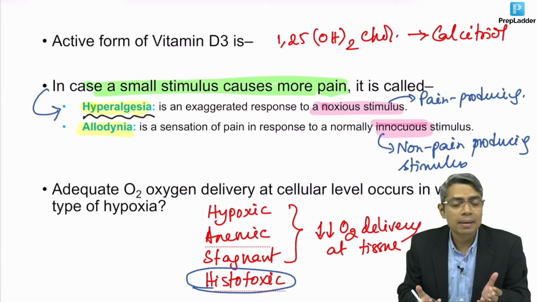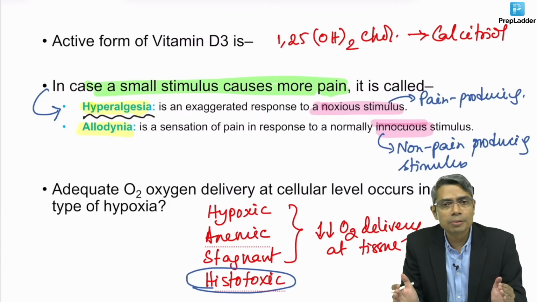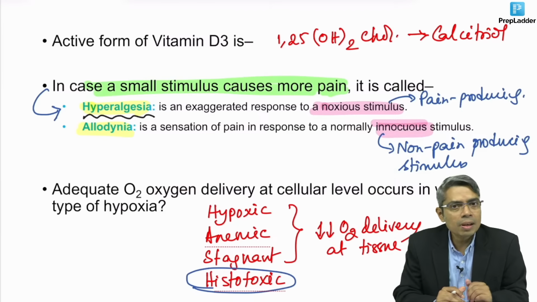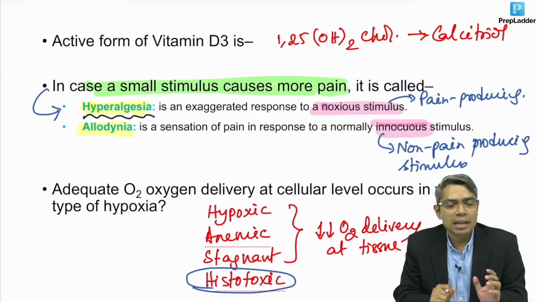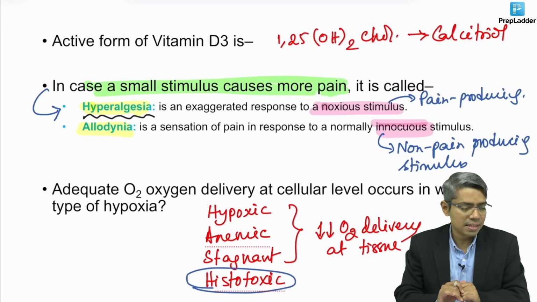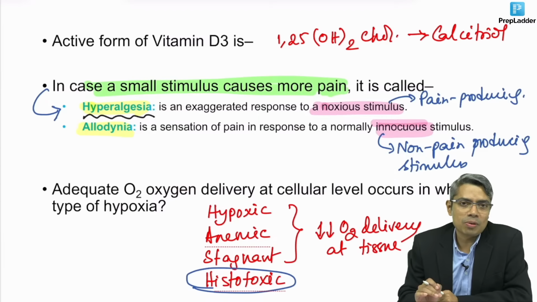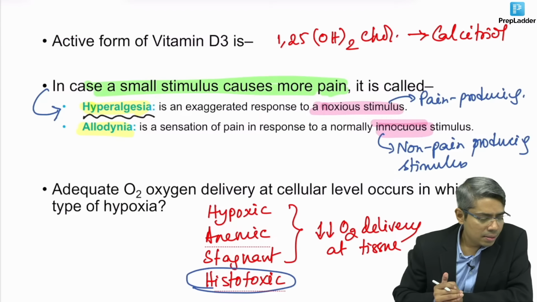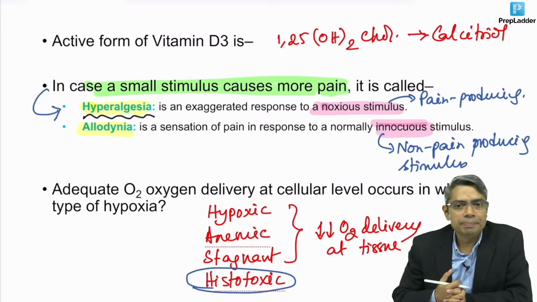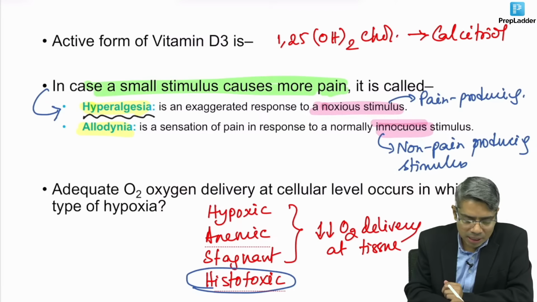is damaged, okay, but the supply of oxygen to the tissue is absolutely normal, but tissue is not able to utilize the oxygen, okay. So histotoxic hypoxia, either the cyanide poisoning or severe vitamin B1 deficiency, are the 2 causes of histotoxic hypoxia. In those cases, the tissue will not be able to utilize oxygen, but delivery of oxygen to the tissue is normal, okay. Yes, okay, cyanide is the most potent. So this is the important thing that you have to remember, that the answer of this question will be histotoxic hypoxia,